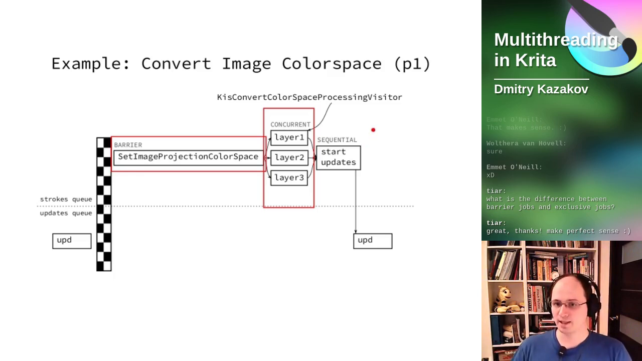Then we add a sequential job, but in our case it is also undo command. I will tell you why later. It is also undo command. It is declared as sequential. It waits until all layers are converted and starts updates. And technically, there is one more